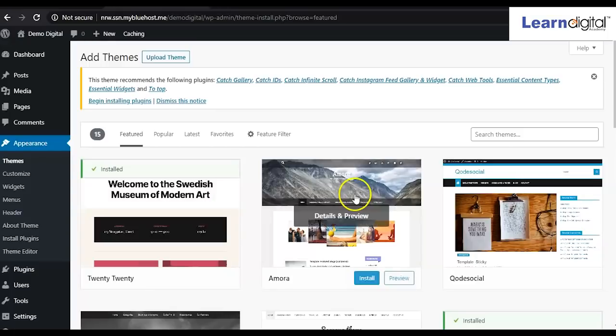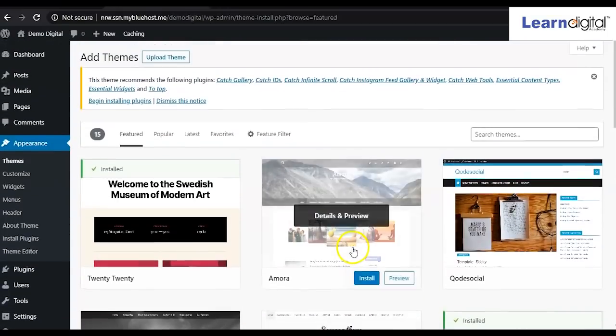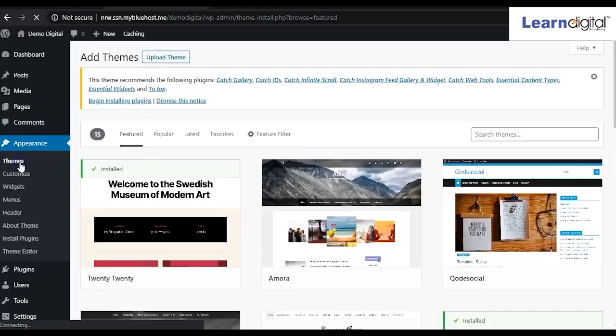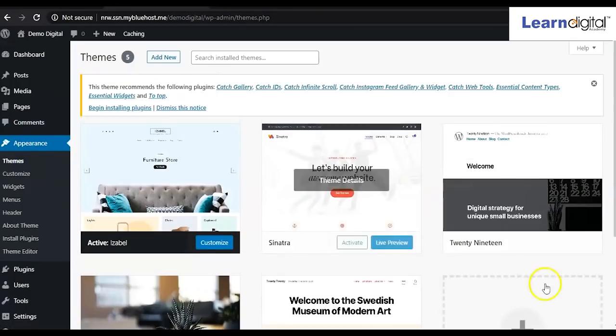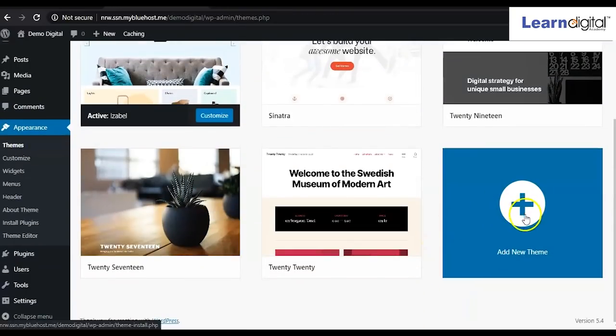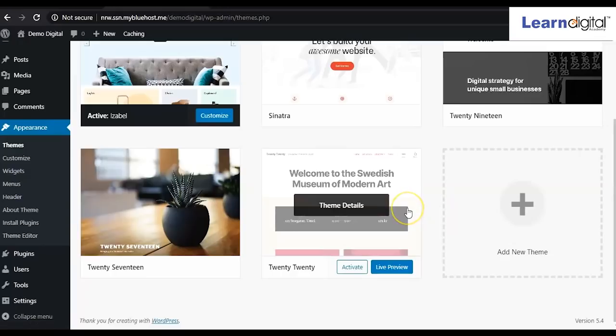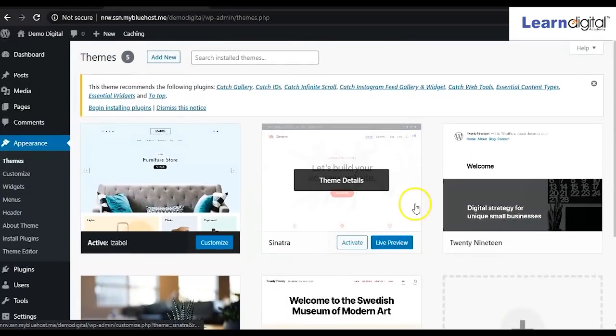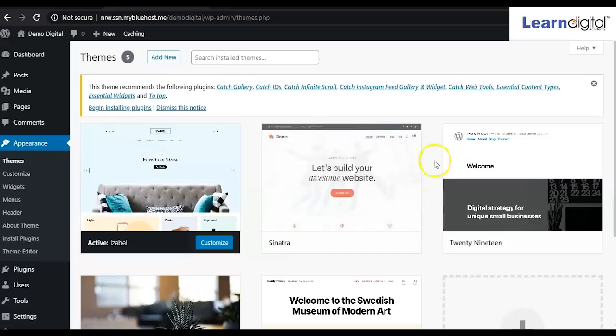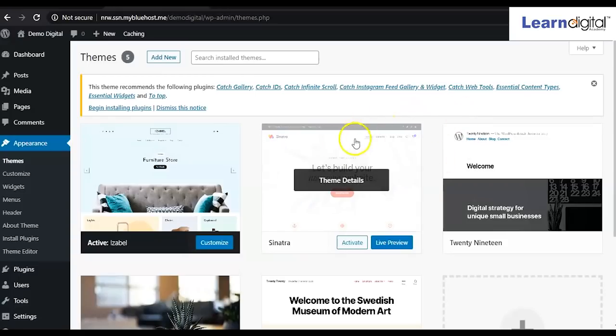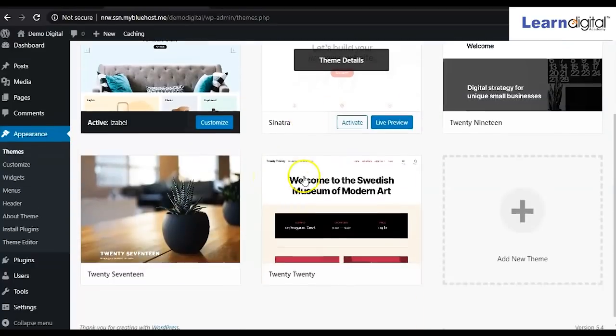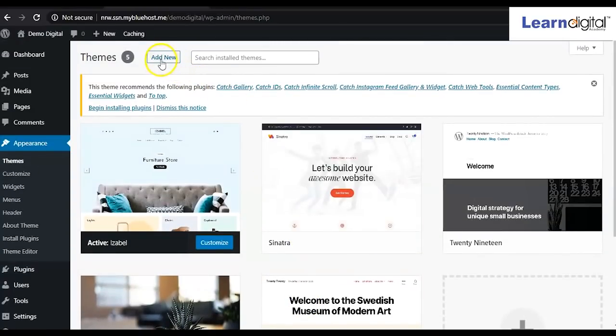So here, if you want to add a theme, simply you can click on add new theme by WordPress. You'll be able to see other themes as well, but it will be a limited option and limited customization, right?